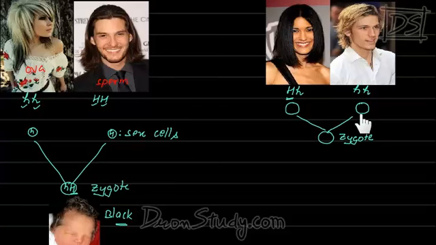Now see, this male has two genes, but only one out of these will come, and since both are of the same type, there is no doubt that it will be H. But here, the female has two genes, capital H and small h. So which out of these two will come? This cannot be ascertained for sure. It might happen that this one might come or this one might come.